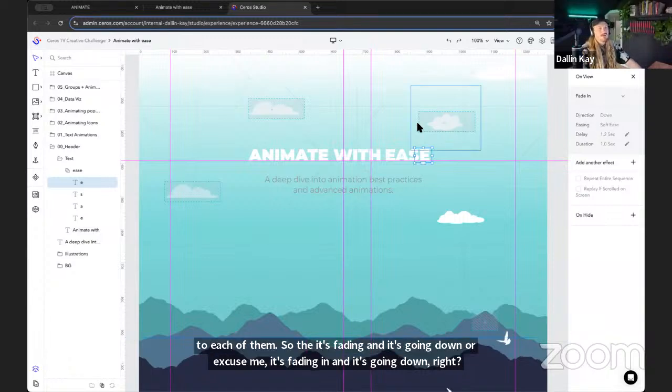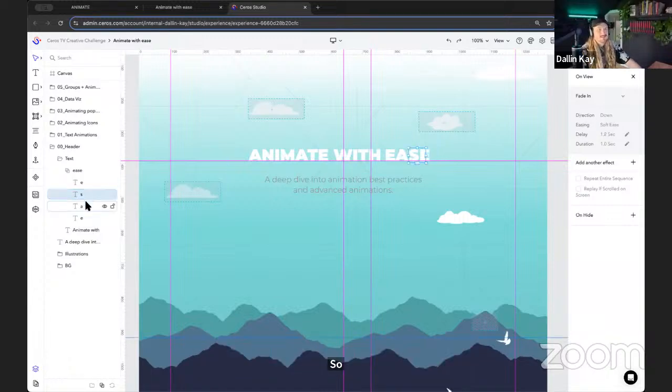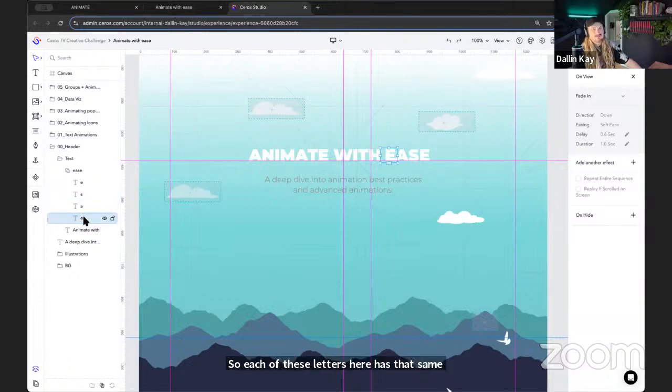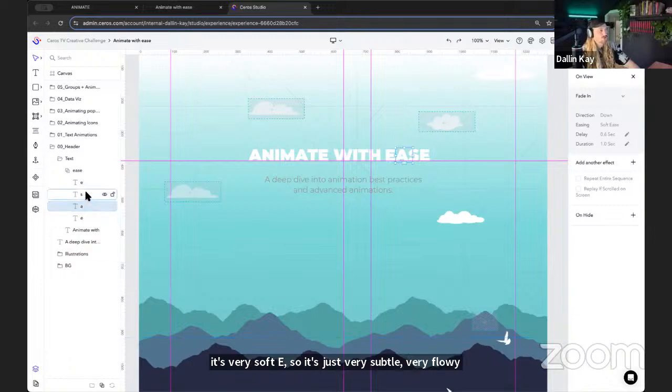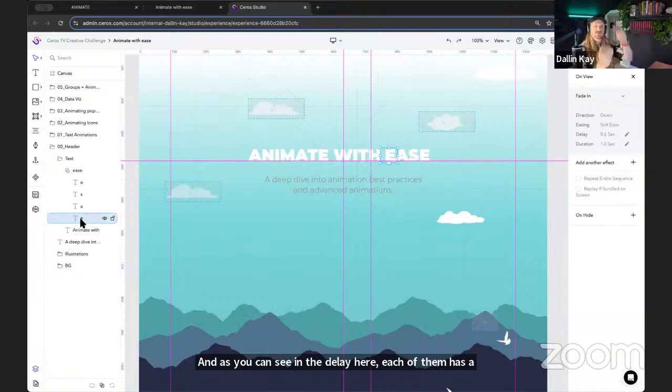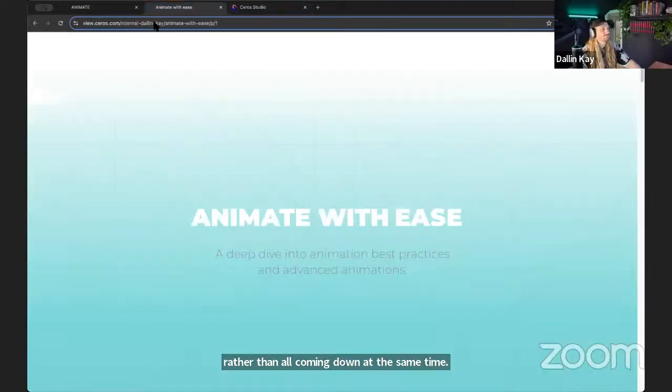Each of these letters has that same animation applied to it. It's fading in, it's going down, and it's a very soft ease. So it's a very subtle, very flowy sort of animation. And as you can see in the delay here, each of them has a shorter or longer delay depending on the letter, because we wanted them to teardrop in rather than all coming down at the same time. So then if you preview that,